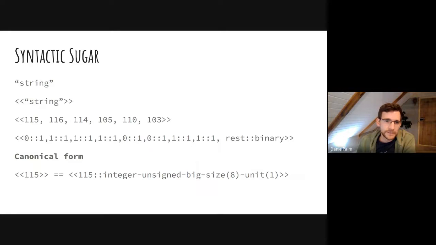So let's look at this string up here, and excuse the double quotes. They're supposed to be normal quotes. This is a string, and I think sometimes it's easy to forget that a string in Elixir is just a binary. So this value up here is exactly equal to this one on the second line, and the one on the second line is exactly equal to the one on the third line.